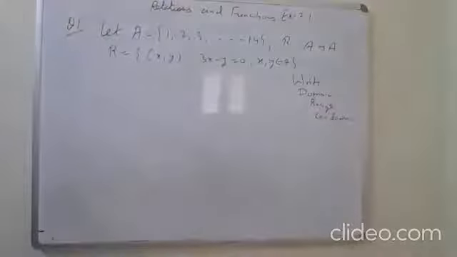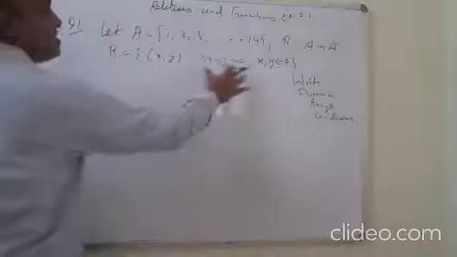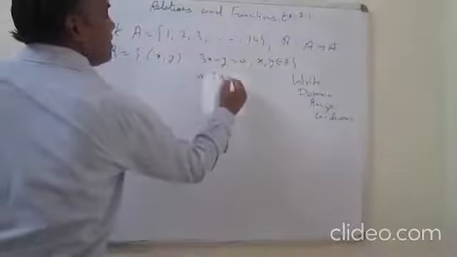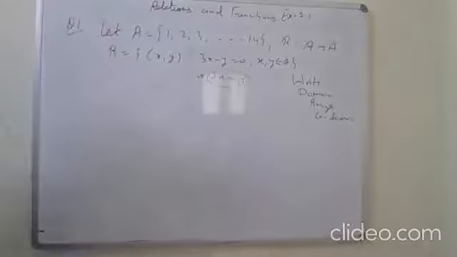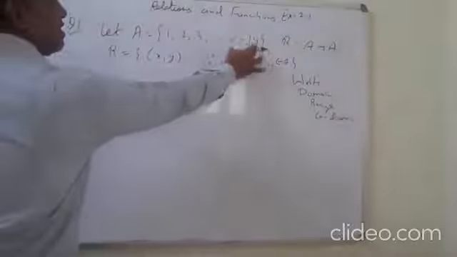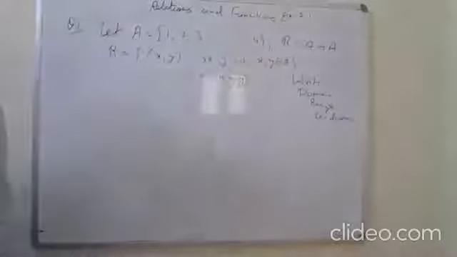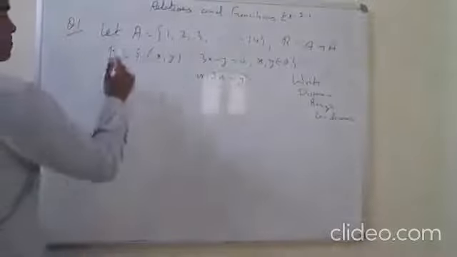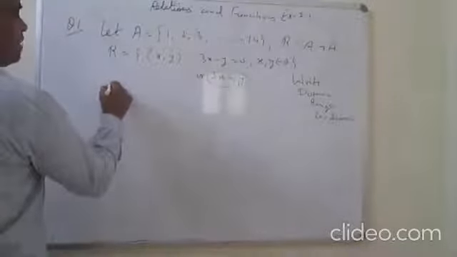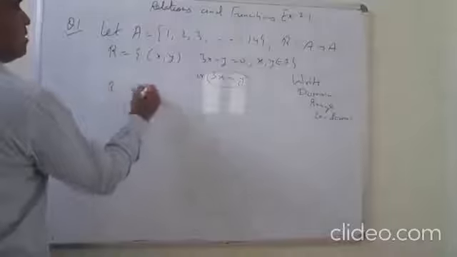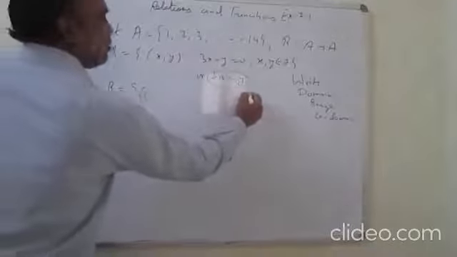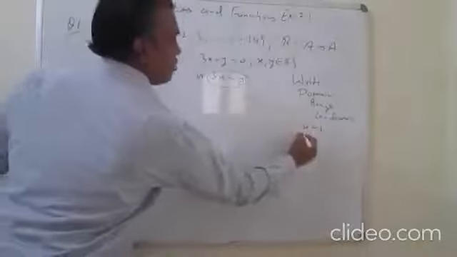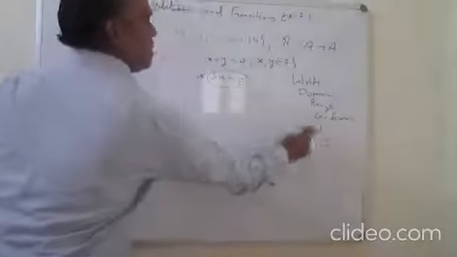So write it now. This is 3x minus y is equal to 0, or you can say that 3x is equal to y. Now what is the relation R? Set A goes up to where? 1 to 14. Okay, and 3x is equal to y. So elements in A are 1 to 14. If I take x is equal to 1, then 3 into 1 is equal to y. What is y? 3.